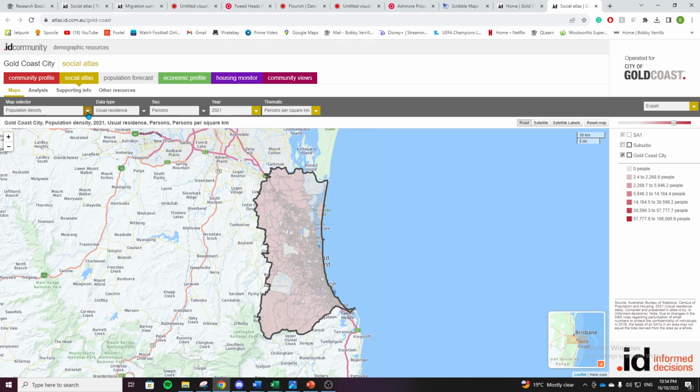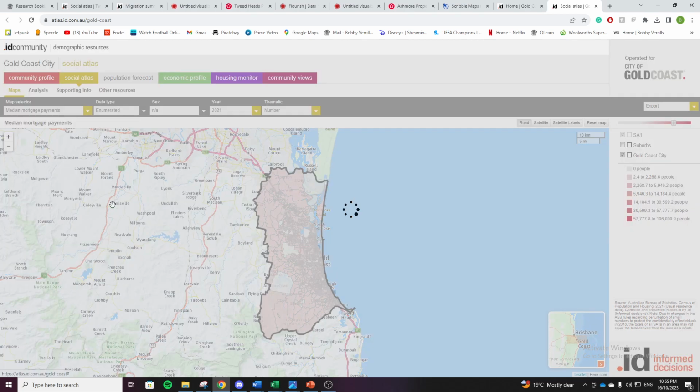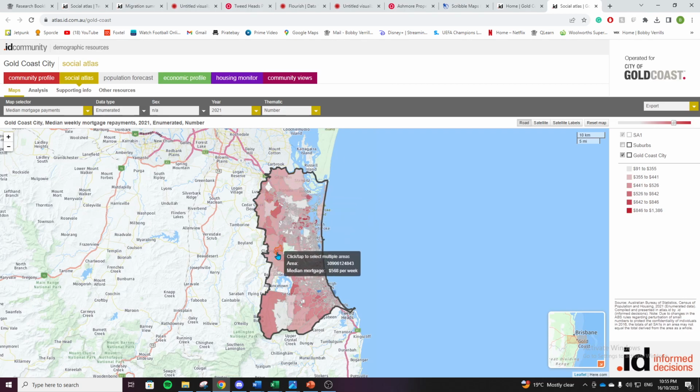So right now it's showing population density. That's not that helpful for our challenge. What you can look at that's helpful, if I click on the drop down, is we can look at housing costs. So here is median mortgage payments. Okay, if I click on that, now we can see our choropleth,